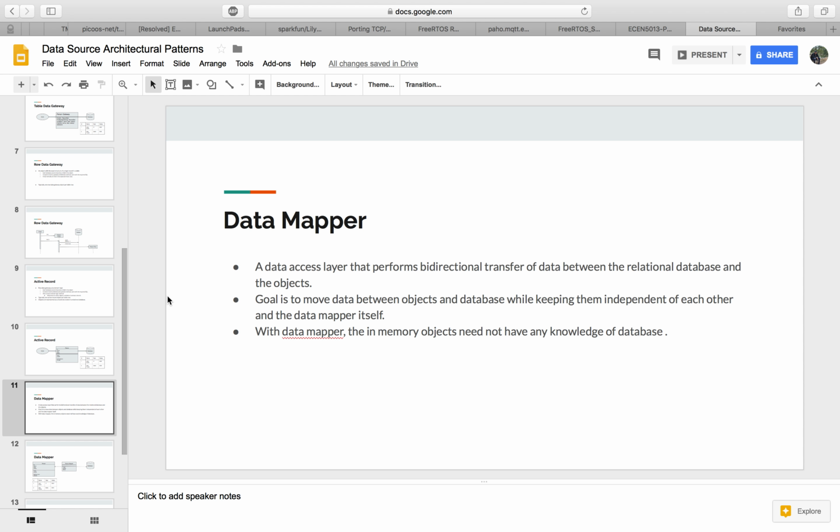And the goal that the data mapper is trying to achieve is to move the data between the objects and the database while keeping them independent of each other, and the data mapper itself. Okay, and another advantage is